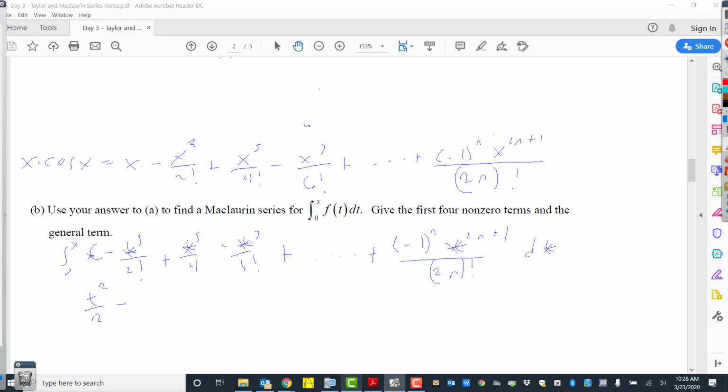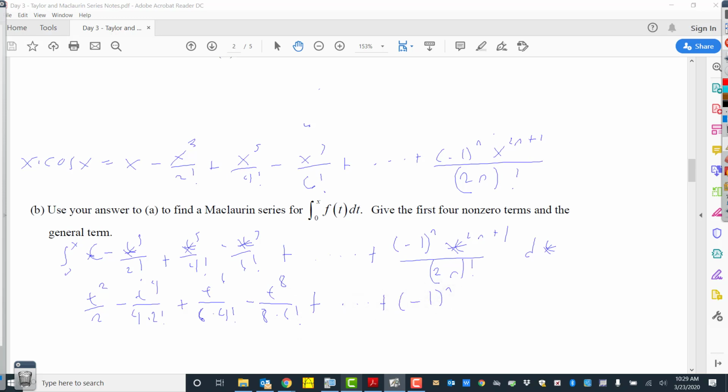Integral of t cubed is t to the 4th over 4, but then we still have that 2 factorial there, plus integral of t to the 5th is t to the 6th over 6 times, once again, forgot a factorial, 6 times 4 factorial, minus integral of t to the 7th is t to the 8th over 8 times 6 factorial, plus dot dot dot,